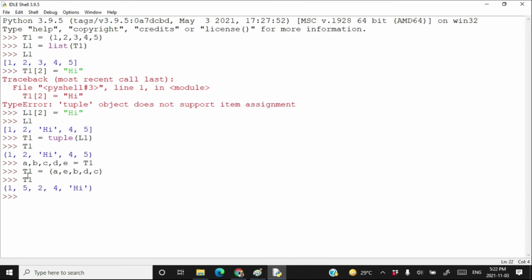So effectively we are changing a tuple. Initially t1 was pointing somewhere else, but we made t1 point to a very different object with different values. So a tuple is still an immutable object. What we are doing is creating a new tuple object with all the desired changes. That's how we are indirectly modifying the tuple.